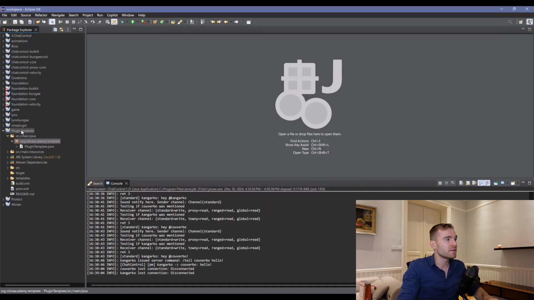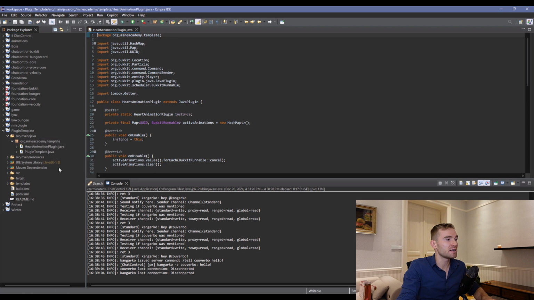Now, I already have something called a plugin template, which you can just get from my GitHub. I'm going to leave a link to that in the video description. The great thing about this is it already comes with everything imported for you, including the POM file. Again, if you are a beginner, you should at least understand the structure. Don't worry too much about the build file. We're not going to be using that. And then I'm just going to be pasting the class right here.